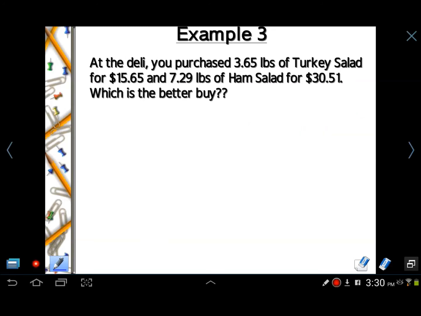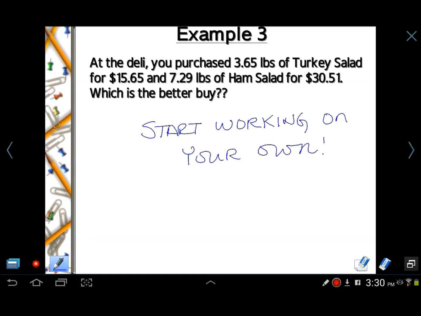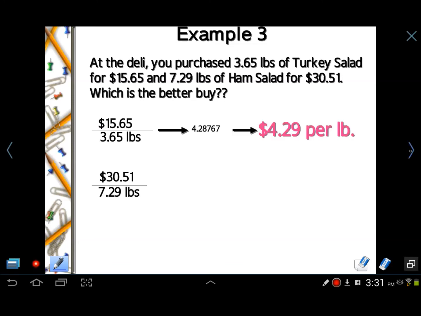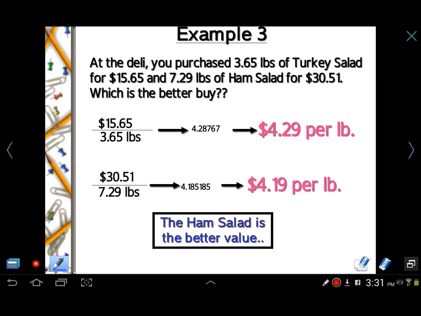Here's another one very much like the last one, and solve this one the same way. I'm going to let you go ahead and do this on your own. You might want to hit pause right now, set it up, divide, compare your prices, and see what you get. And then when you're done, hit play and compare it with my work. Okay, so here we go. If you've hit play and you're already listening to me, you already know what the answer is. But I'm just going to go ahead and